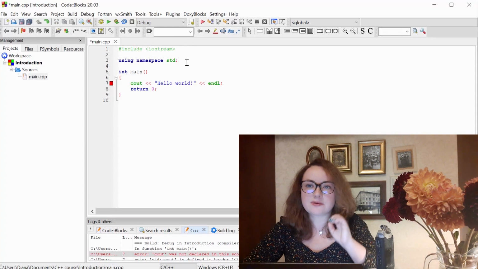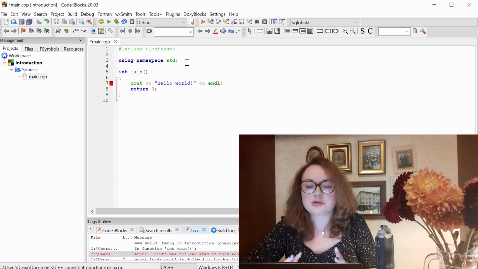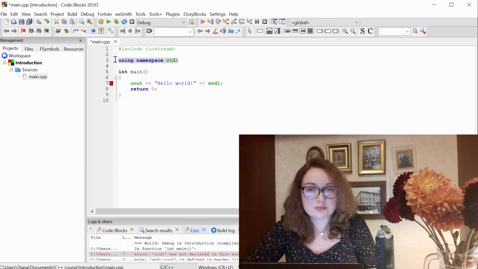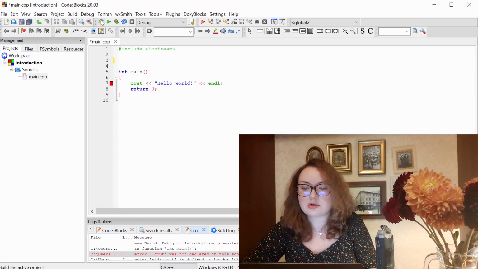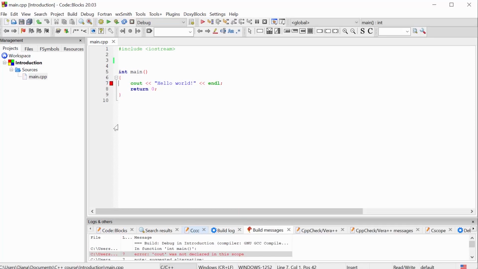The standard namespace defines the words that are reserved for particular functions and objects in C++. So let's now remove this line, using namespace std, and try to build our program again and see what happens. And you can see that once again we have an error that cout is not declared in this scope.